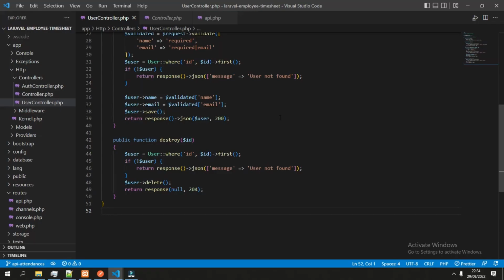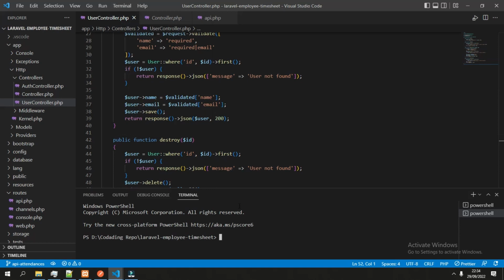Now we come into the business logic with the new controller, which is the attendance controller. So let's create the controller first. PHP artisan make controller attendance controller.